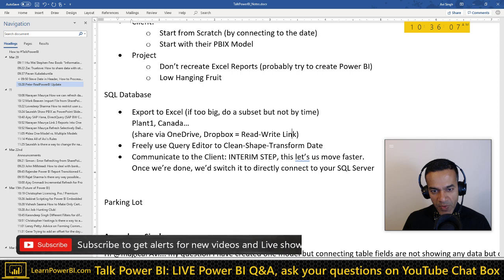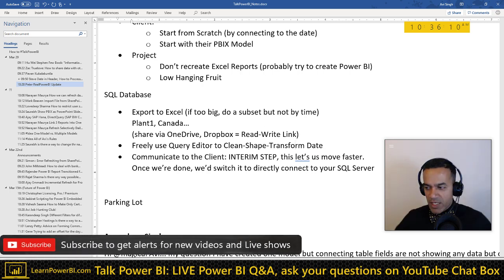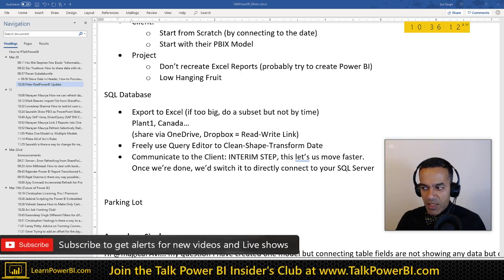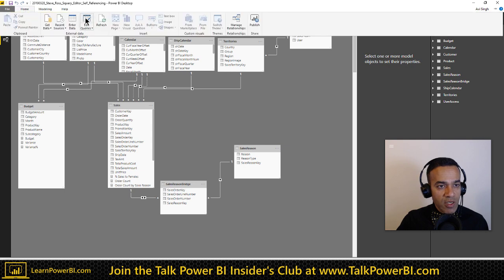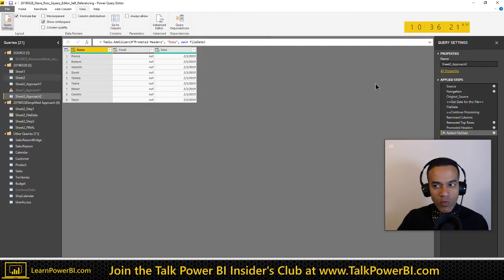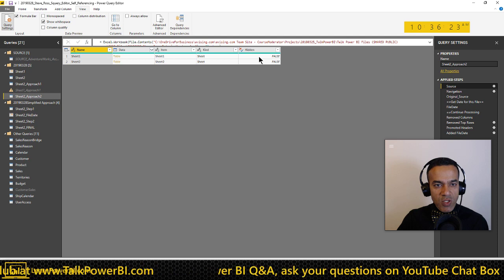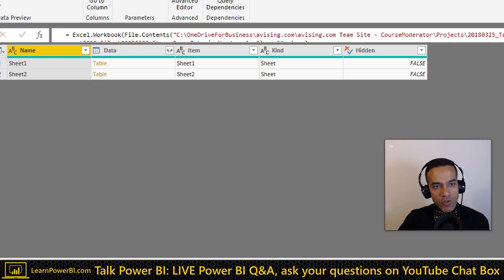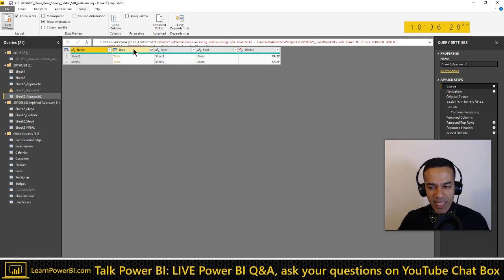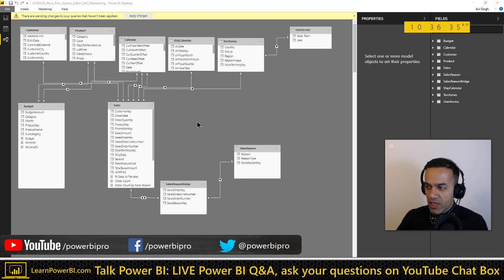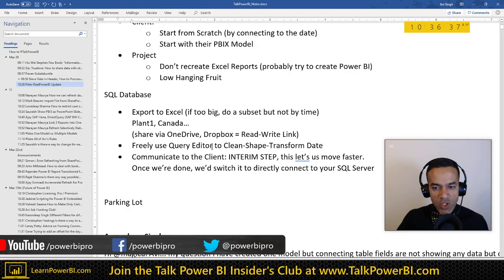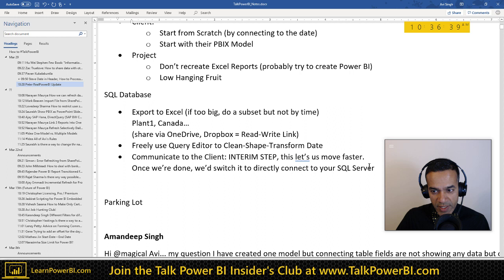So they export the data, and then you go to town in the query editor by connecting to Excel and shaping the data the way you need it, and build the whole project. It'll be done. And when you're ready to switch, wherever it's referencing the source's Excel workbook, you swap that out to a SQL connection. We can cross that bridge when you get there. It's not that hard, but I don't think we need to show it right now. So you would switch it to SQL, and it'll be all awesome.